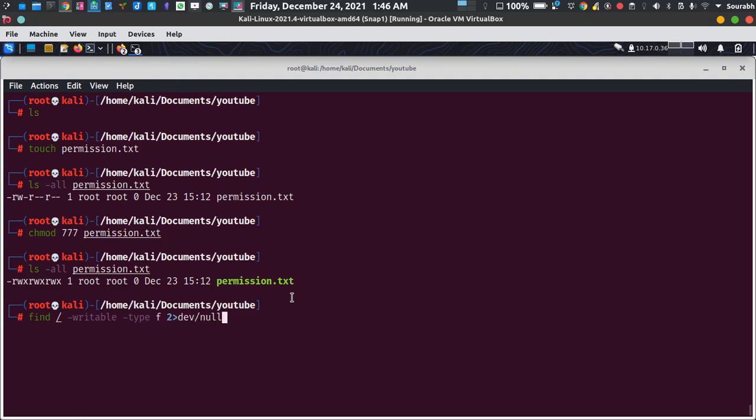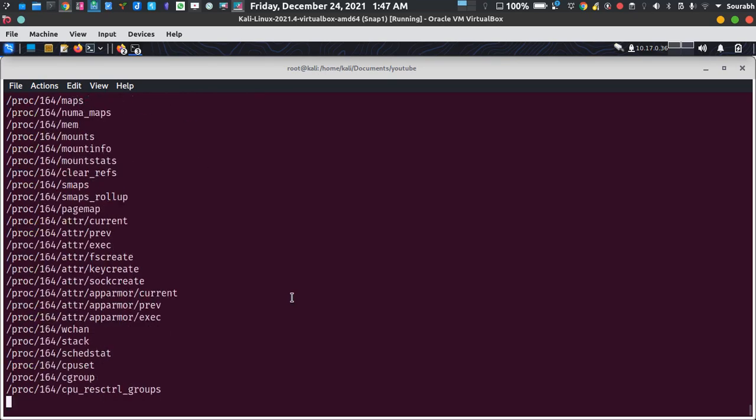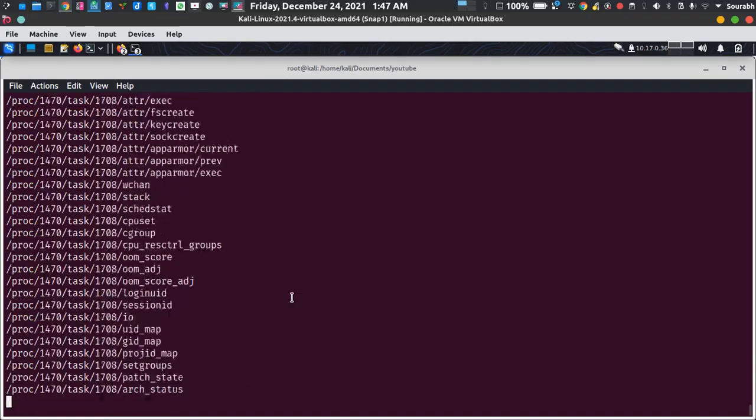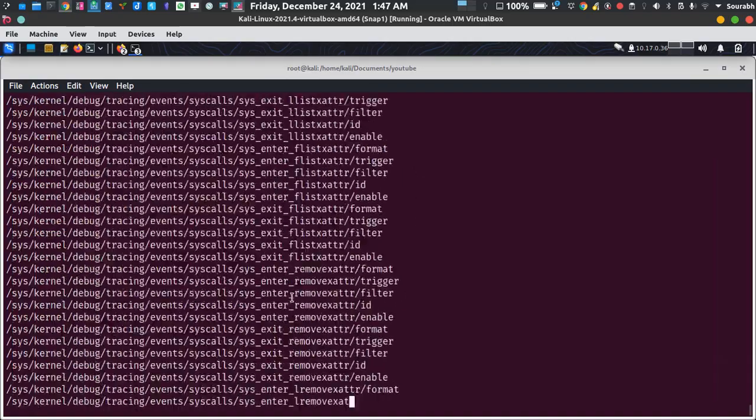Just hit enter. So these are all the files which have a weak file permission in my computer itself.